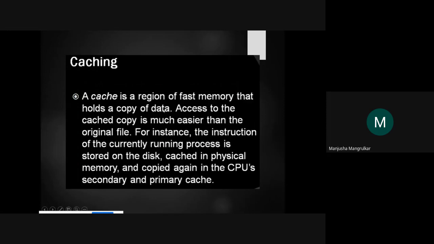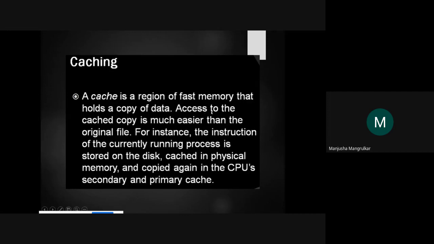Suppose I want some data that was recently used. My CPU will not go to the RAM and hard disk. It will first search the cache and take the file from the cache. Whenever we open an application, the recent storing comes into play. So what does recent storing mean? It is in the cache memory, right?